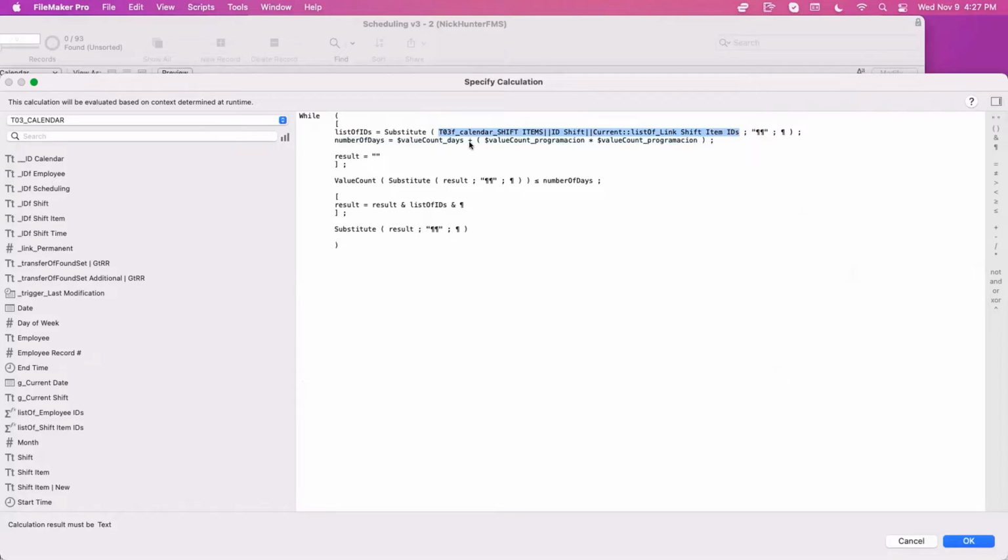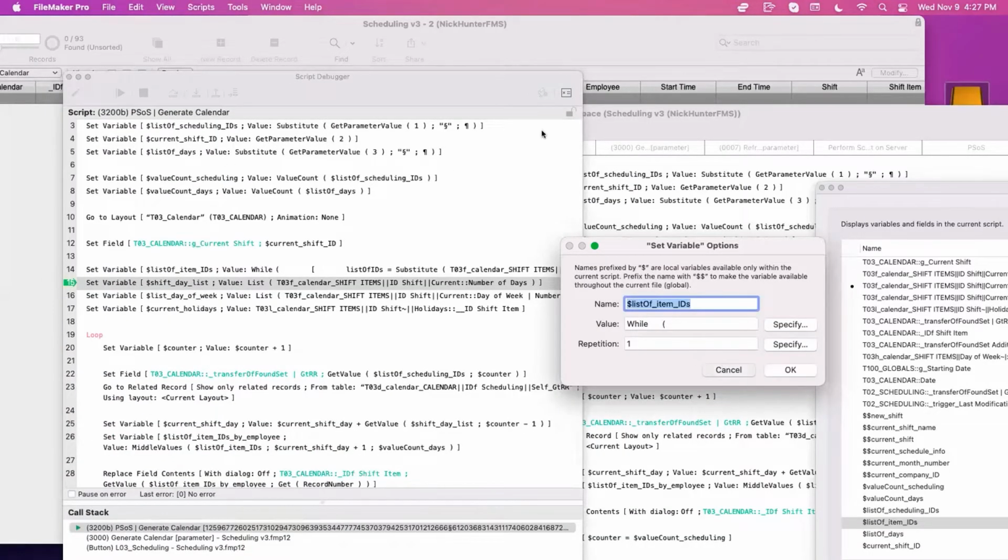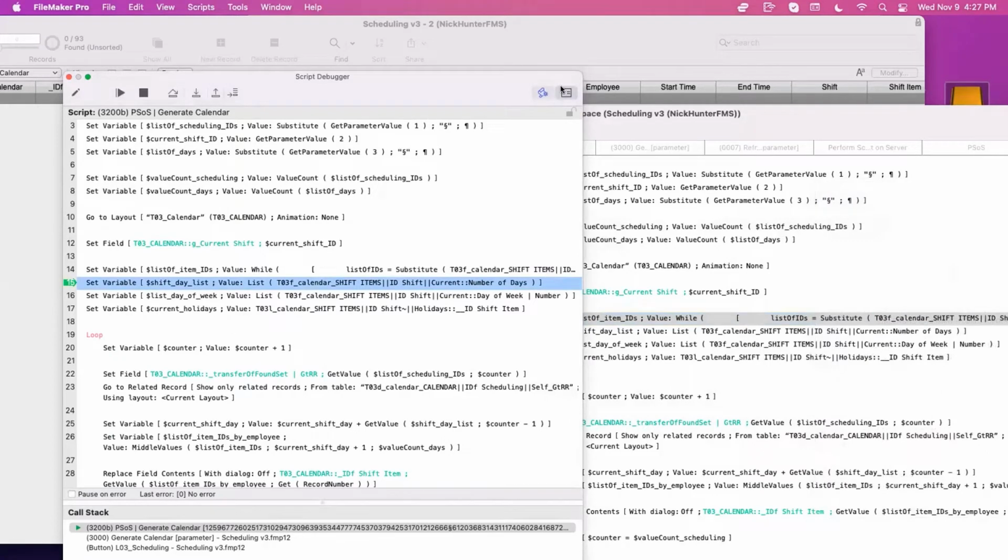So what is this? It's a relationship from calendar to the shift item based on my ID shift. Remember this ID that I'm putting in the global? So what this is returning to me. So it's good